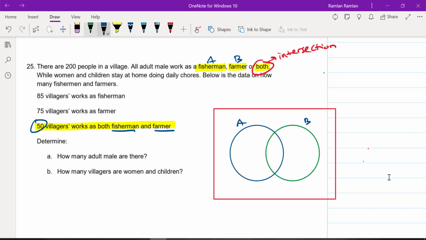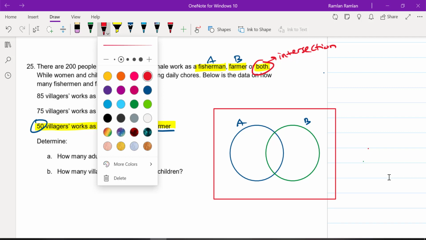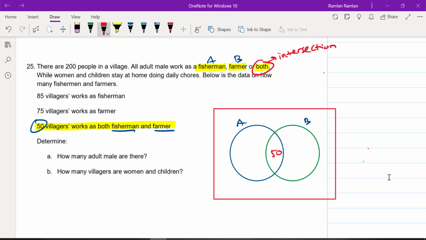So which means that we can put that 50 actually over here, right? So it'll be 50 people over there. Okay, so the next one is